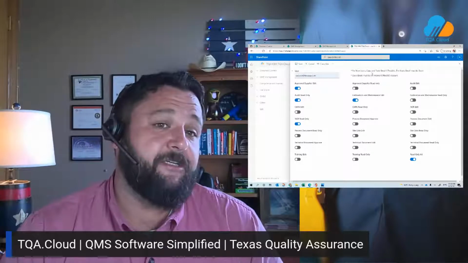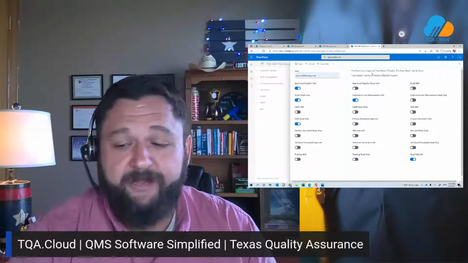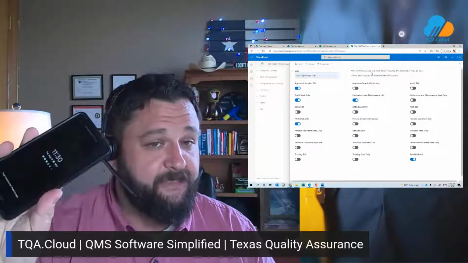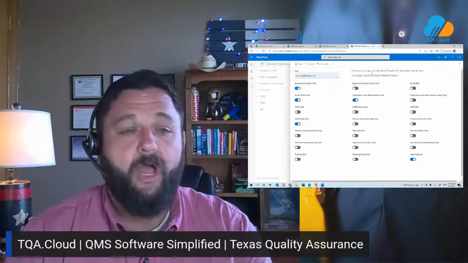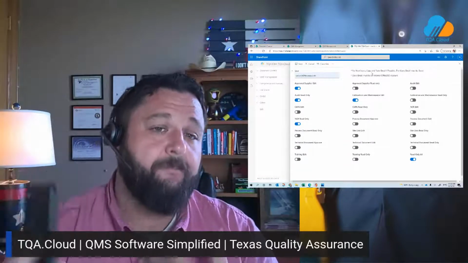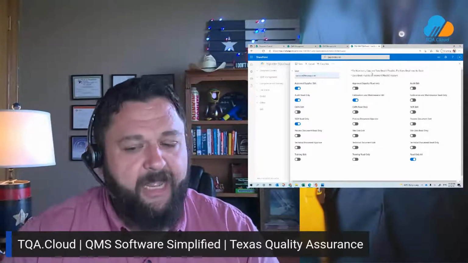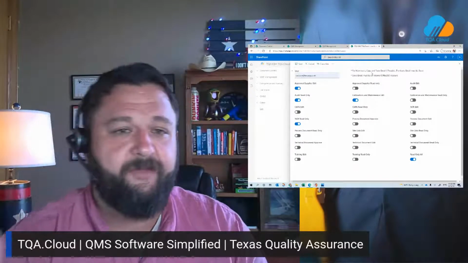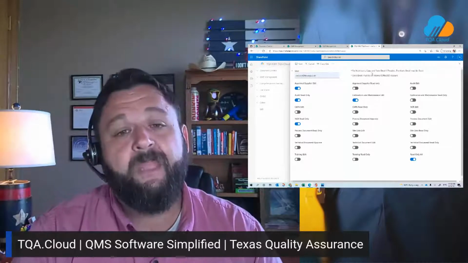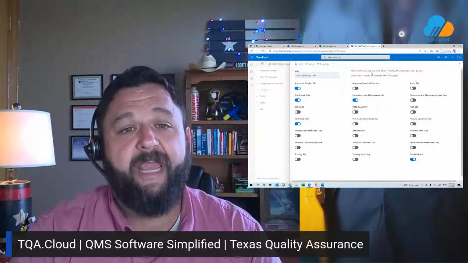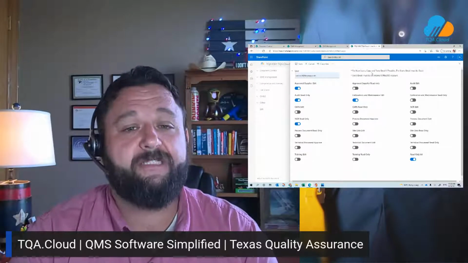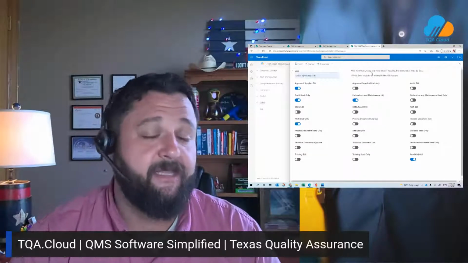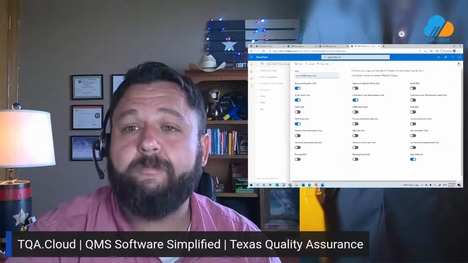The user simply needs to identify the means for multi-factor. Perhaps it's a text message on the cell phone, an email to an alternate email, or perhaps the Microsoft Authenticator app, which is my personal favorite. Either way, it's going to make certain that they have secured access to the site and very, very easy, quick, ready access. So within a couple of minutes of submitting the user for access, they can have access to the site and ready to go.